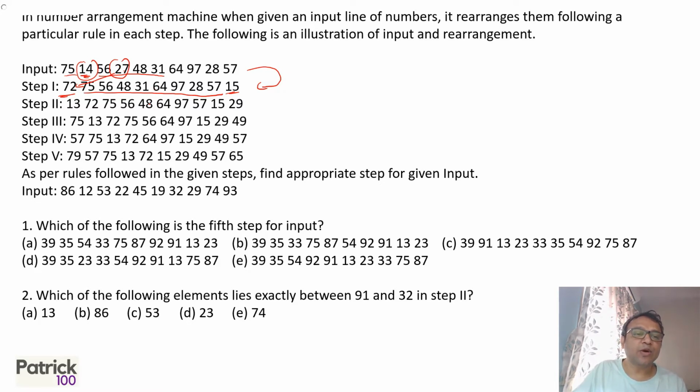Same way when you go from step 1 to step 2, 31 has been arranged and 28 has been arranged. The next smallest even number and odd number. So 28 goes in the end, becomes 29, plus 1. 31 goes first, becomes reverse 13. And so on is followed, where the odd numbers go in the start, get reversed and are arranged. Even numbers go in the end, plus 1 and are arranged. So on and so forth. So based on that, we have to arrange it.